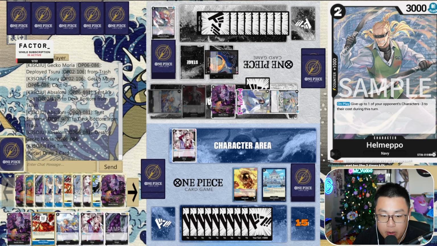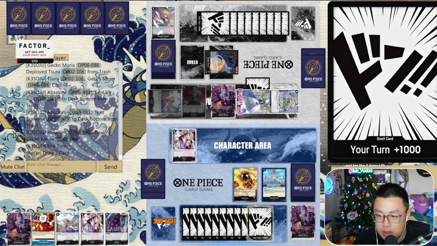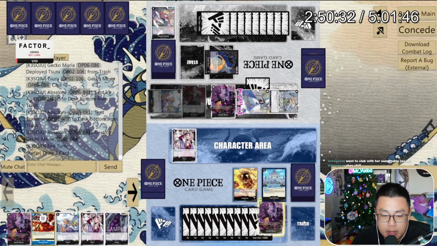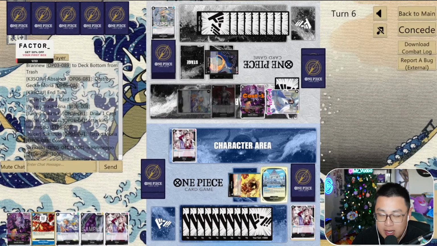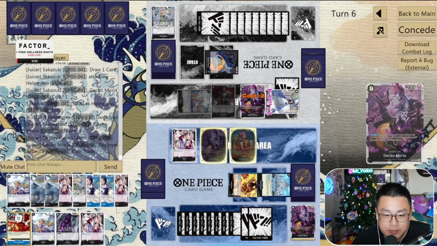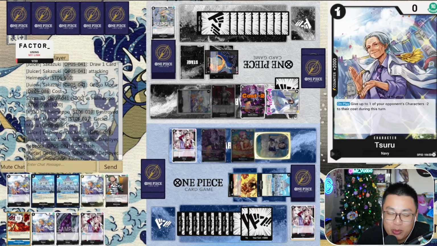And we do have Helmeppo. So we're in a solid position here to do some more removal. And so I end up, as you guys can see here, I end up cycling the Hina, and I pull a Hina, which is the classic. That is an absolute classic right there. When you want to trash a card from your hand and you end up pulling the same card from it,